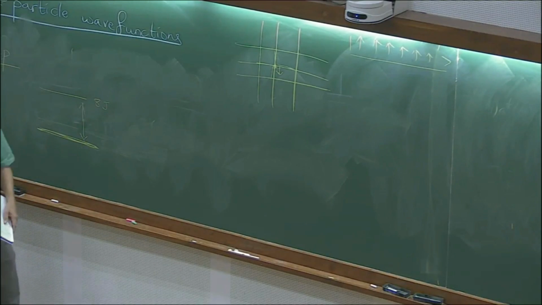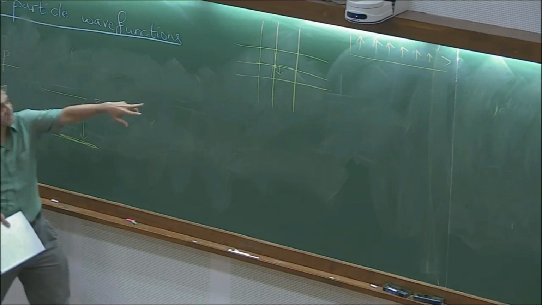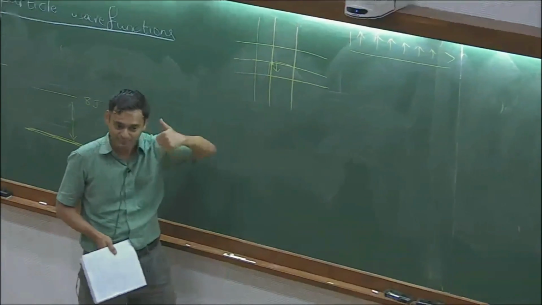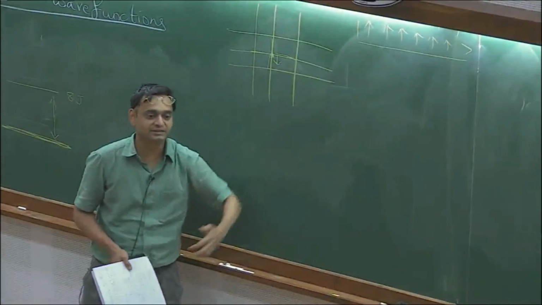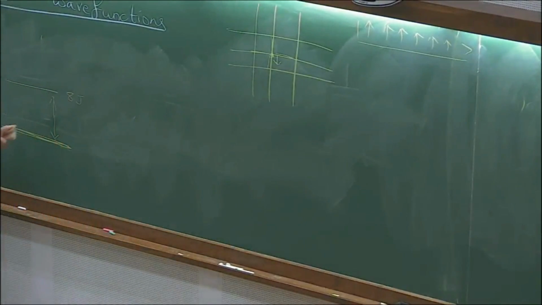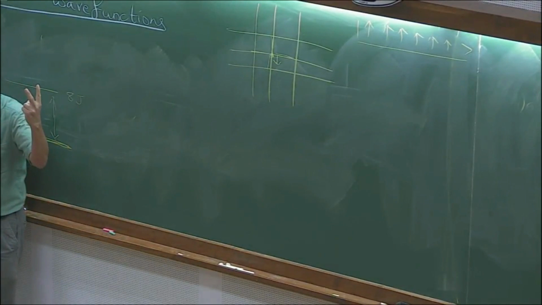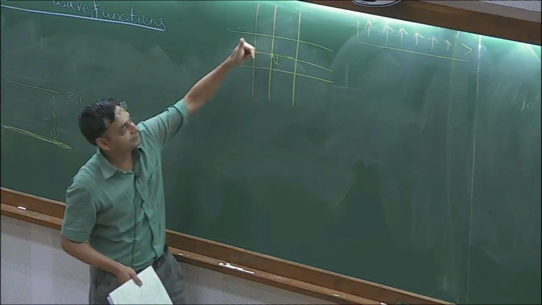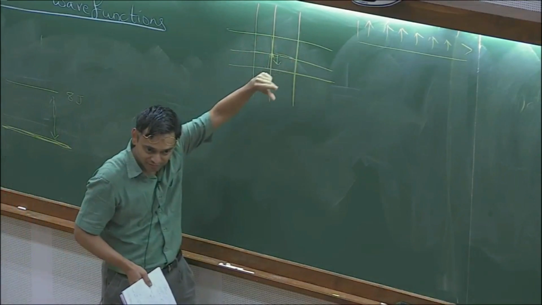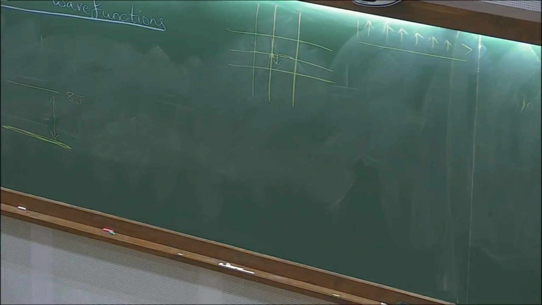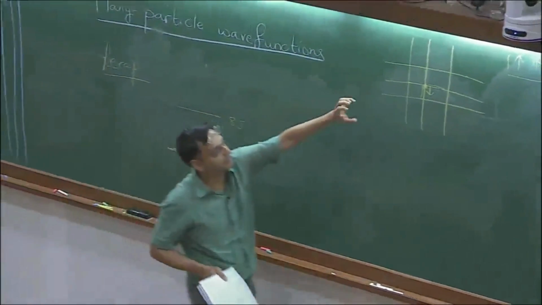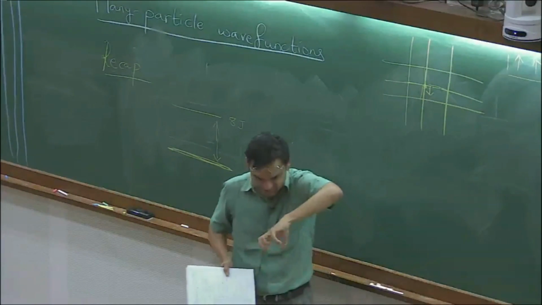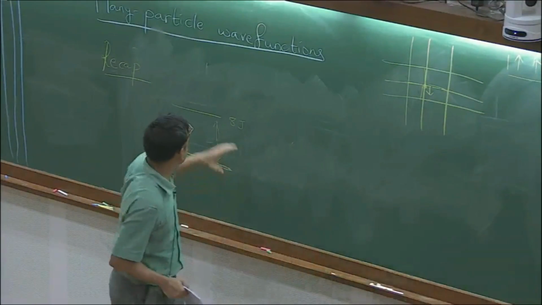What's the next excitation? Now I don't need to go through the song and dance. You can convince yourself that you can do perturbation theory, and this will be a particle, and it will have some well-defined dispersion that you can work out. The only difference is the kinetic energy doesn't come in at first order in perturbation theory, it comes in at second order. Because the transverse field can only flip one spin at a time, you need to flip this spin back and flip the next one down. That's the first kinetic energy. So there are some details that are different. The dispersion epsilon of Q comes in at a higher order in perturbation theory, but there is some well-defined particle-like excitation. Again, it will acquire some internal structure as you go to higher order in perturbation theory, but it's stable.